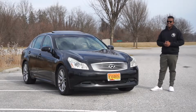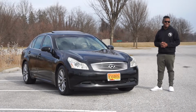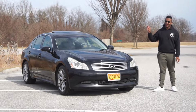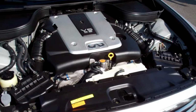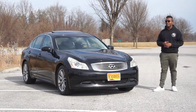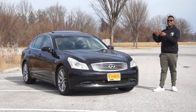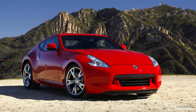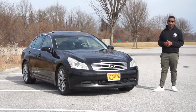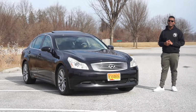In 2006, Infiniti released the second generation of the G, just like this one, for the 2007 model year. Infiniti still carried over the old VQ35, but now it's the VQ35HR, which has revised intake systems and also new variable valve timing. Meanwhile, a year later, the G Coupe got the VQ37VHR, which was used in the 370Z, a 3.7 liter power plant. For the 2009 model year, Infiniti gave the G Sedan the 3.7 liter, and they replaced the dated 5-speed automatic